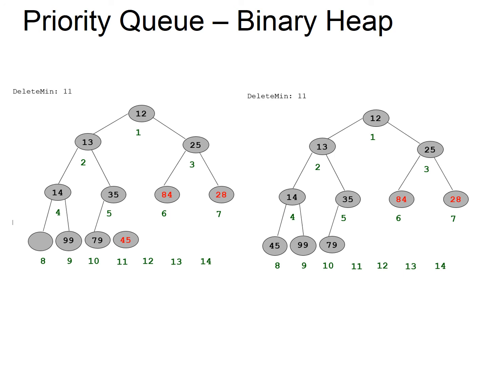So whenever you try to insert the element, you will insert at the new bottom level, and you will check whether its parent is less or not. If it is less, no change. If it is greater, it has to be swapped. And it will check until its parent is less. So this is heap order property. Even if you delete also, sometimes heap order property will be checked.